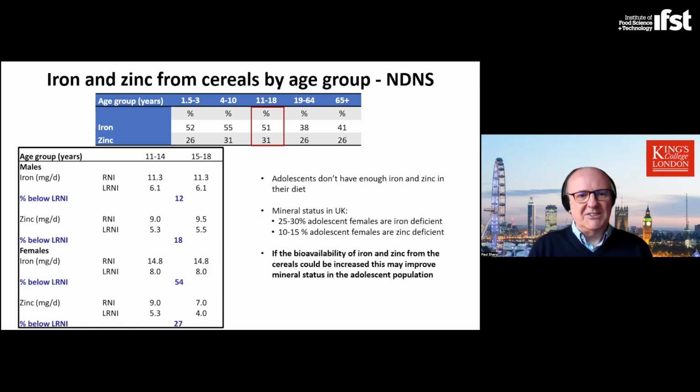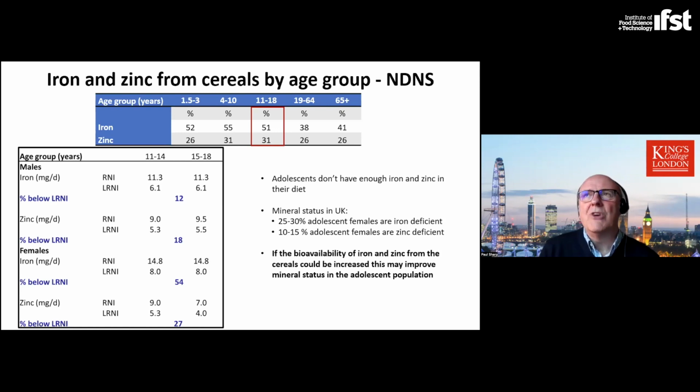And this is even more dramatic for adolescent females. For iron, about 50% of the population have iron intakes below the LRNI, and about 27% have zinc intakes below the lower reference nutrient intake. And what this means in practical terms is if your habitual intake of these nutrients is below the lower reference nutrient intake, then you're very unlikely to be meeting your metabolic requirements for these particular nutrients. So I guess the take-home message from this is that adolescents don't have enough iron and zinc in their diet to meet their